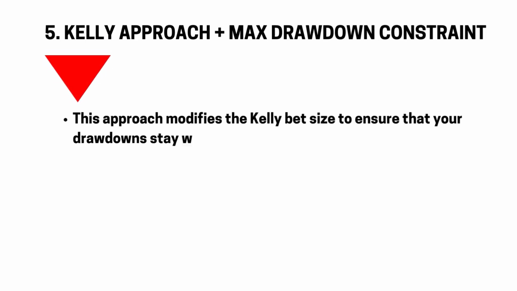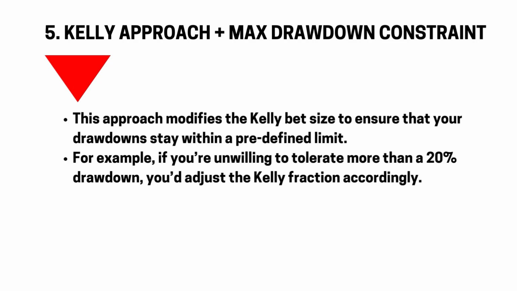The fifth approach is called the Kelly with max drawdown constraint, and this approach modifies the Kelly bet size to ensure your drawdowns stay within a predefined limit. For example, if you're unwilling to tolerate more than a 20% drawdown, you'd adjust the Kelly fraction accordingly. A good method, I suppose, for traders who are very focused on capital preservation and want to avoid large losses